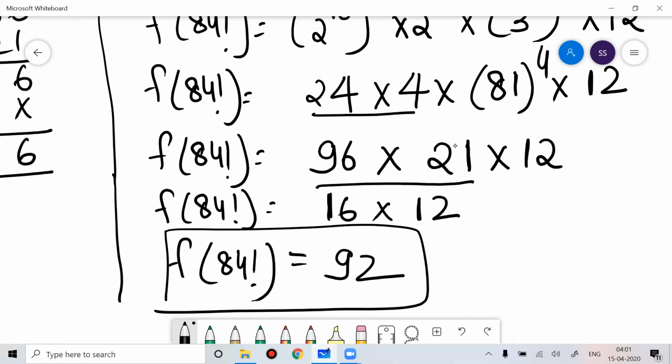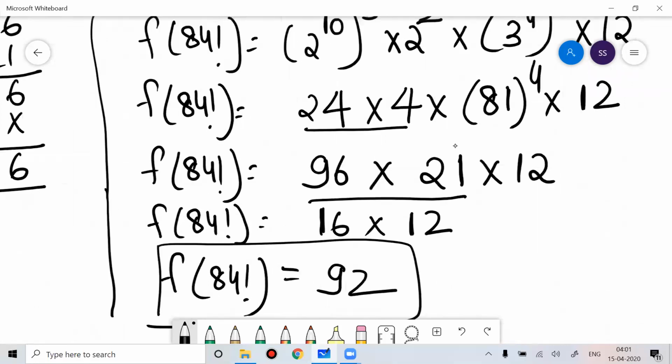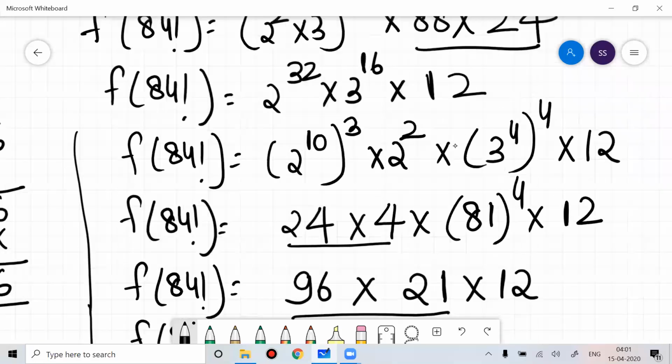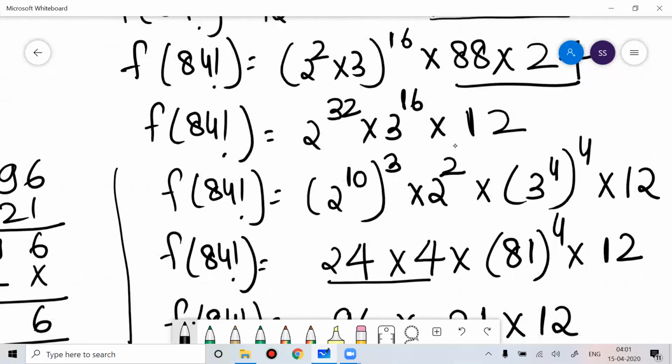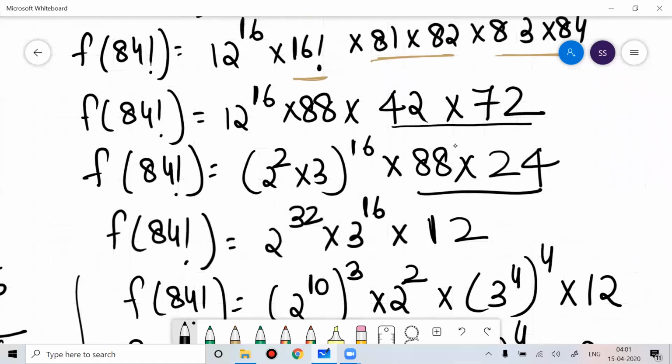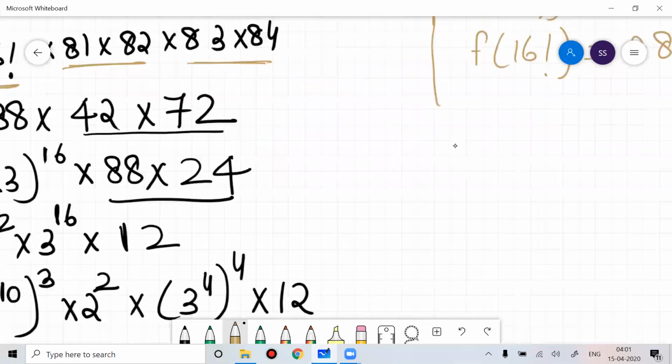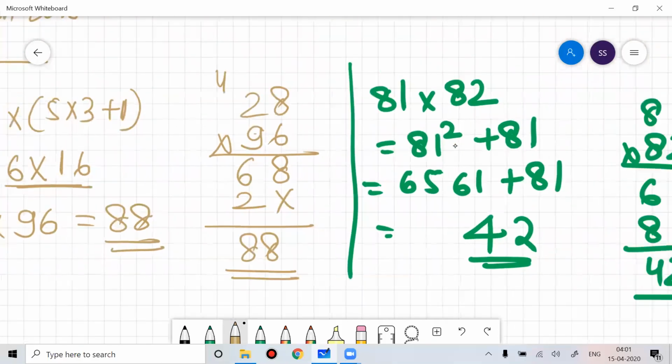For all the people who don't know how you did this, I'll do this operation with this part. Those who don't know how I found the last two digits of 12 to the power 16, I'll explain that for you. Others who know how to find the last two digits, their work is done.